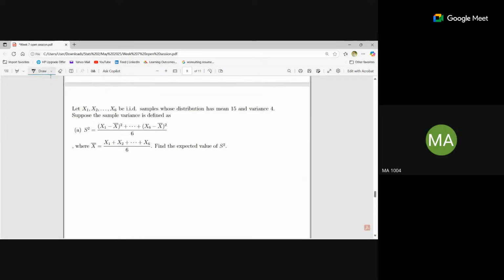Now you have been given another formula, which is this formula of sample variance. Now you need to calculate the